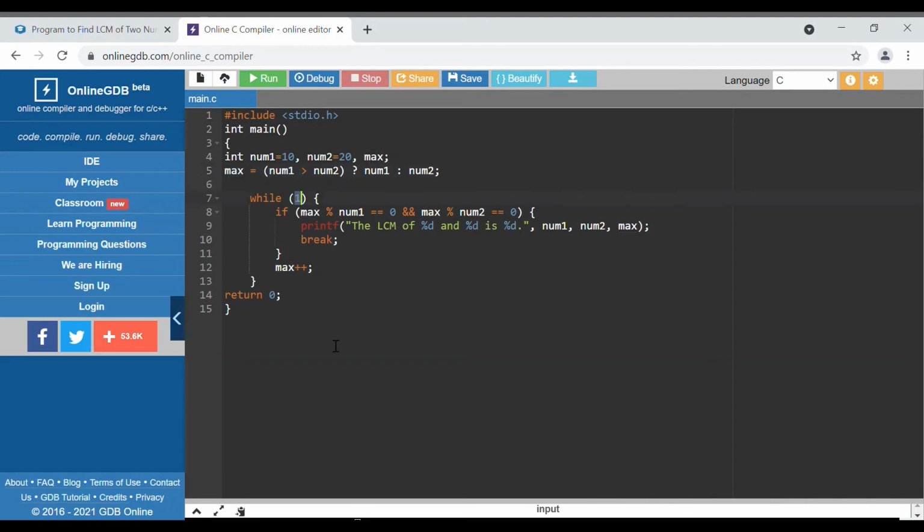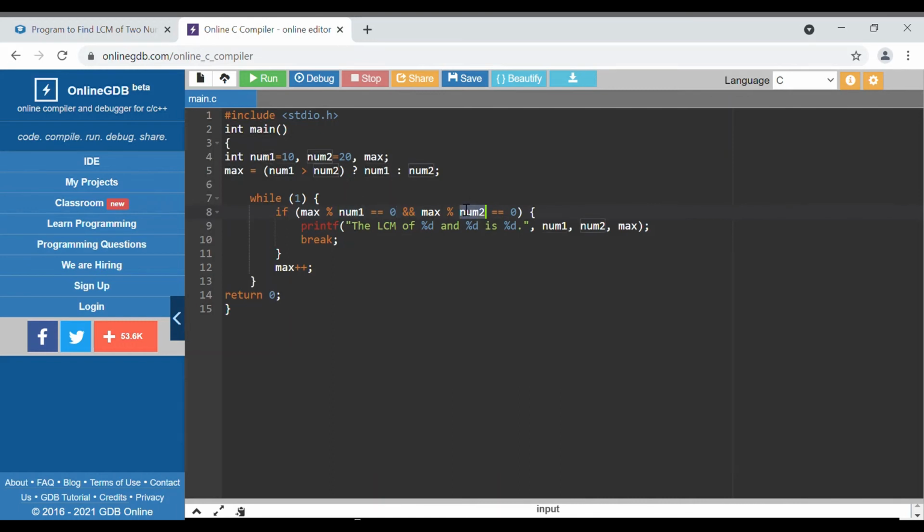Then we start looping, and 1 indicates that it is always true. Inside, we check whether the max is divisible by both the numbers or not. In between we have used the AND condition, which means both need to be true, both remainders here need to be 0.